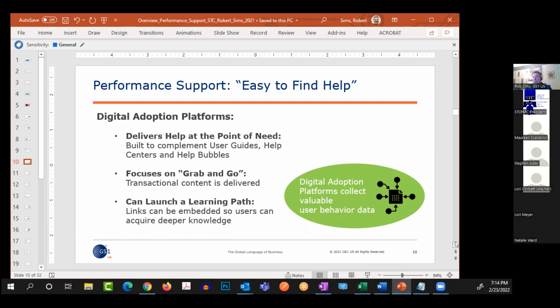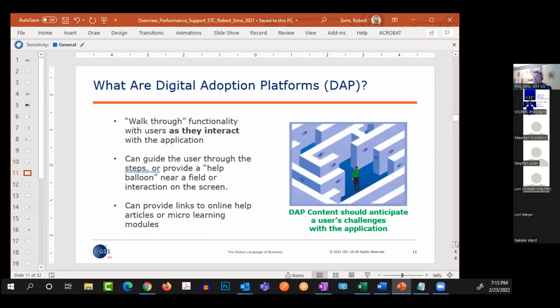But what's really important is this third bullet point, which is it answers that quick question for them, but it can also serve as a launching pad and a learning path that can drive them to deeper knowledge and better engagement and a better understanding of the whole process and why they're even here to record their products and get these barcodes. And of course, as you see in the green, it's really about collecting that user behavior data, which is really driving us to do better content and better help all across the board in all different formats.